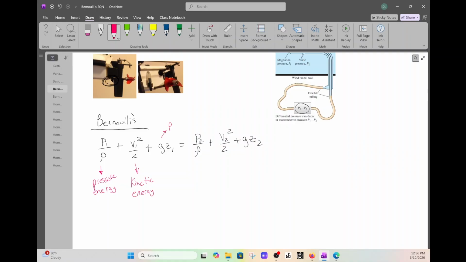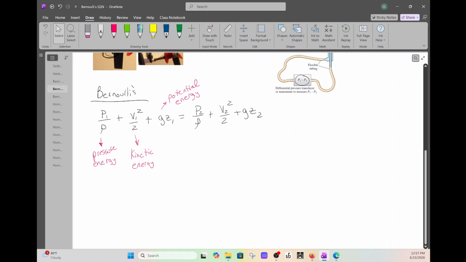And this is your potential energy. Okay. Again, this is conservation of energy for a fluid, and the assumptions